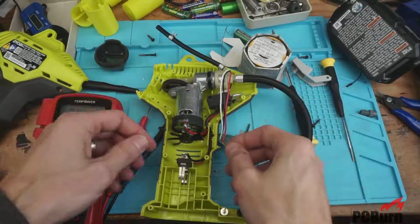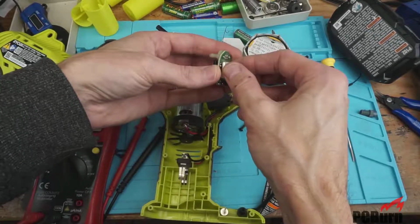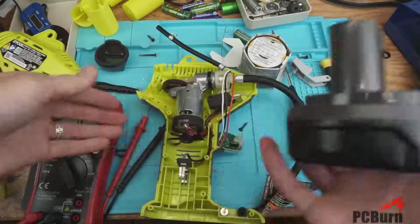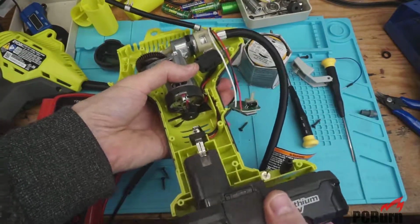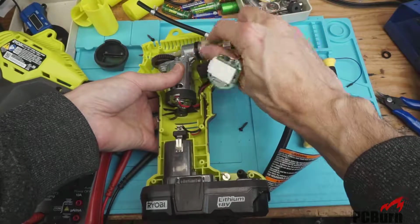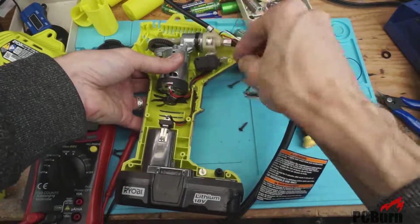A bit of solder later, and, well, after my snipping, it's no longer connected to the sense line for the power, so let's see what we get now. I'm assuming it'll at least light up if I apply power to it. Again, I don't know if I mentioned, but you should never do this. This is ridiculously dangerous, just running an open motor. This thing will chew your finger right off. Let's see. And the 18 volts probably isn't too healthy either. Well, in theory, it's probably less damaging than the motor, but...